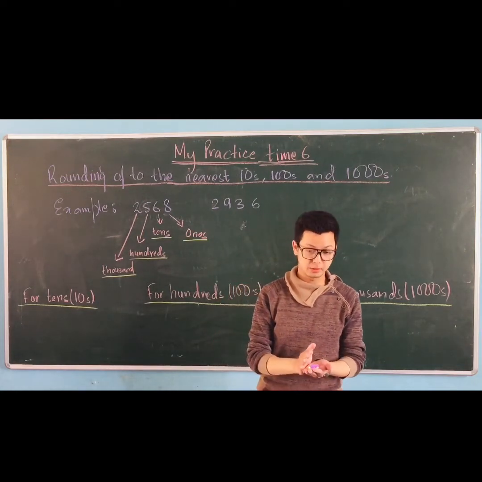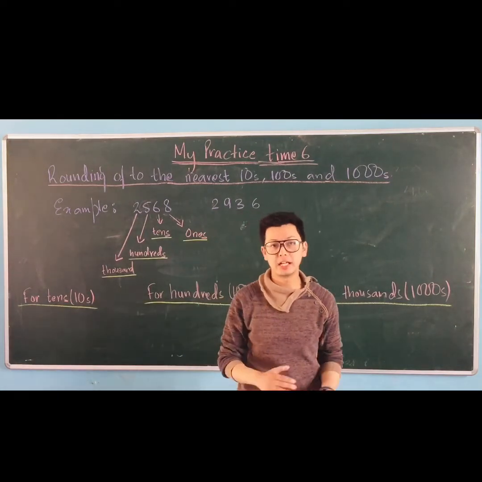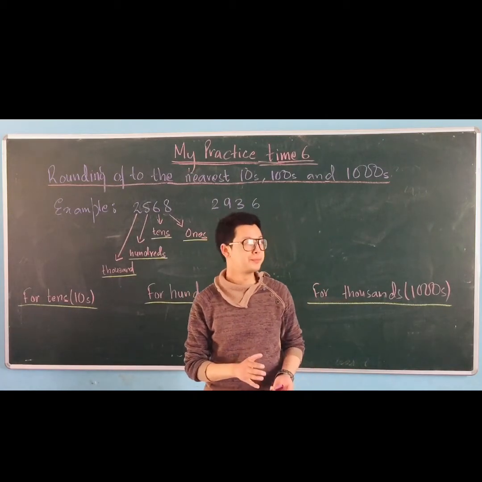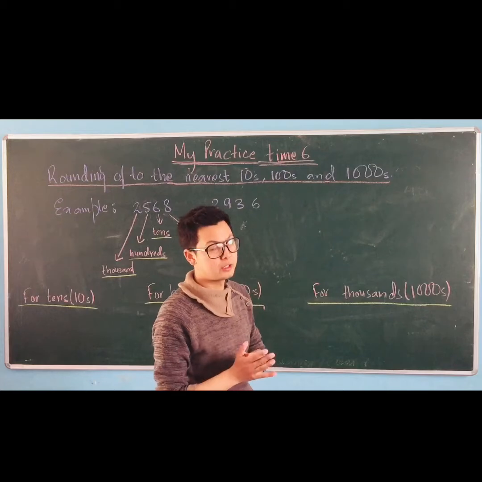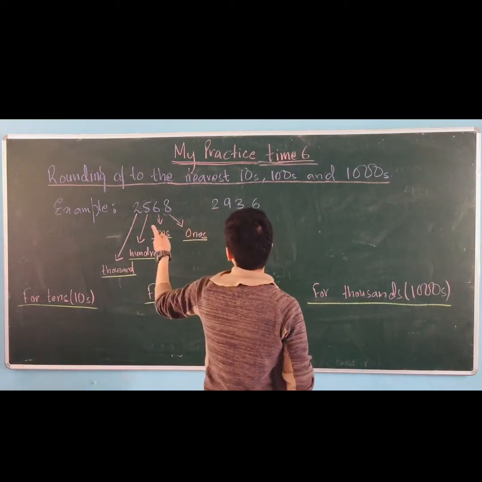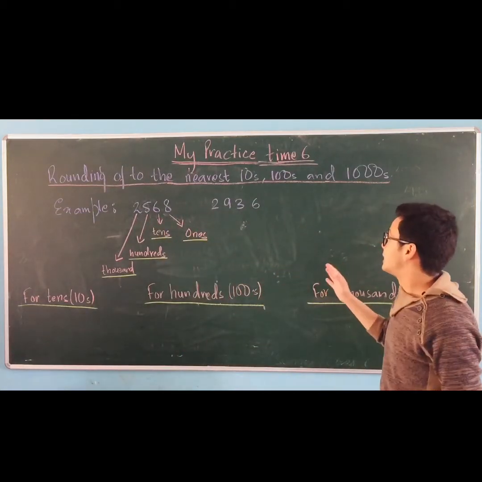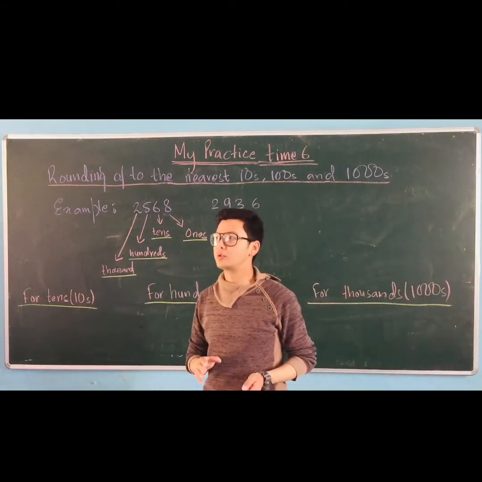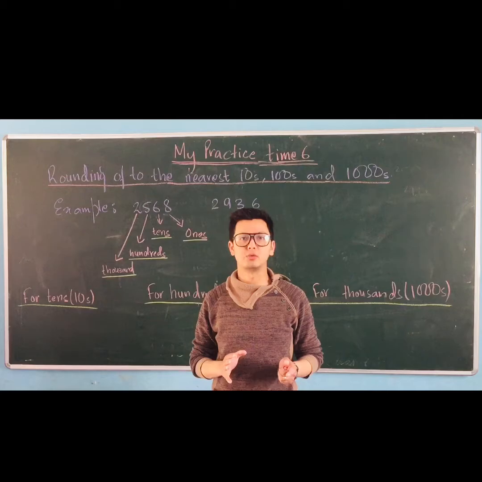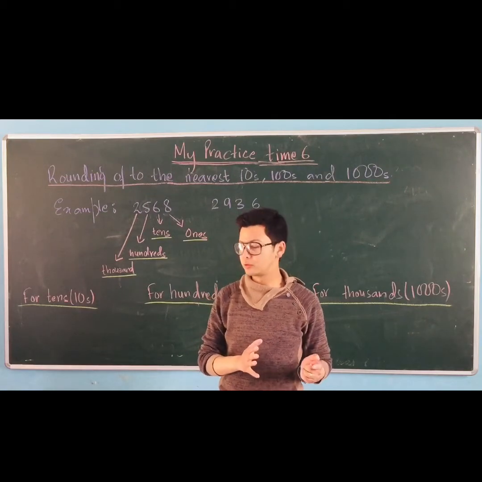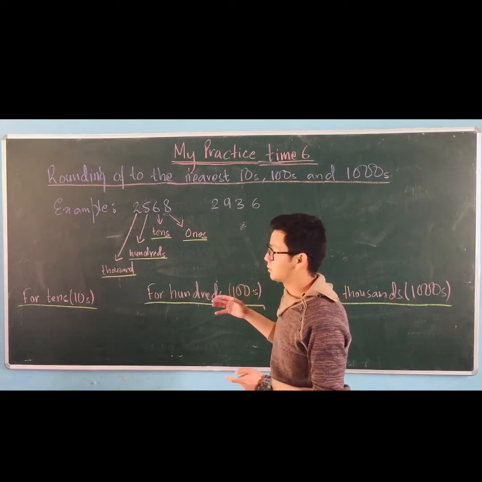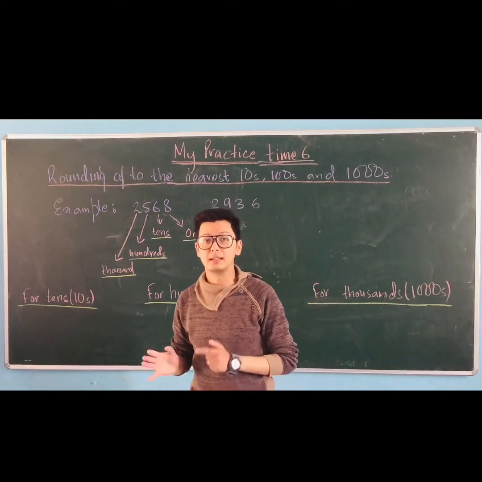Okay, we have another exercise. For that you have to learn about the rounding off of numbers. So first I will explain it to you: rounding off to the nearest tens, hundreds, and thousands. I think I did this in class 4 as well. When you were studying in class 4, I did some examples. Now we will just make it more complicated this year.